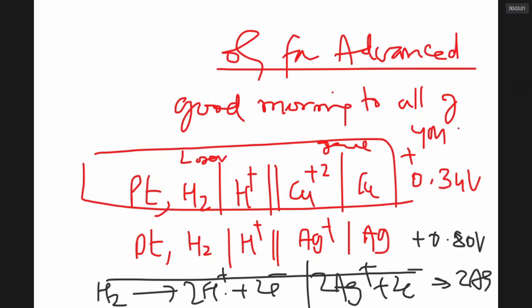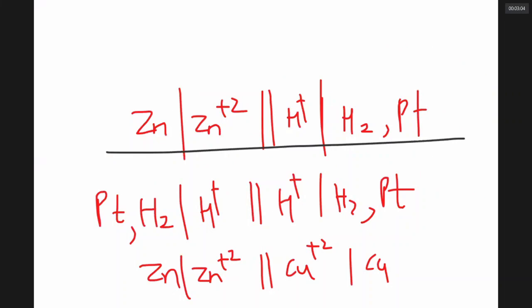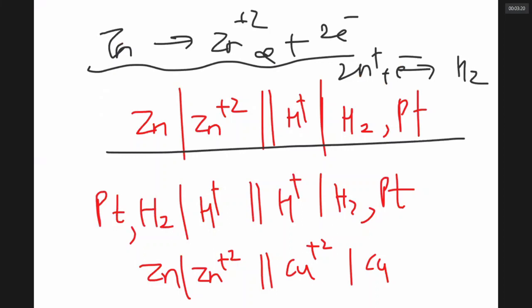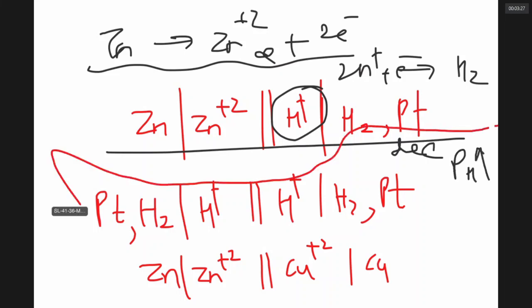Well, ladies and gentlemen, in this cell, who is the loser of electrons? Zn, sir. Zn is losing electrons, entering into solution as Zn2+, and the 2 electrons released by it in oxidation are gained by H+, which will become H2. Notice the hydrogen ion concentration on the right electrode is decreasing. It means pH is increasing. The lower the H+, the higher the pH. Therefore, in the right side compartment, the hydrogen ion concentration will decrease, pH will increase.